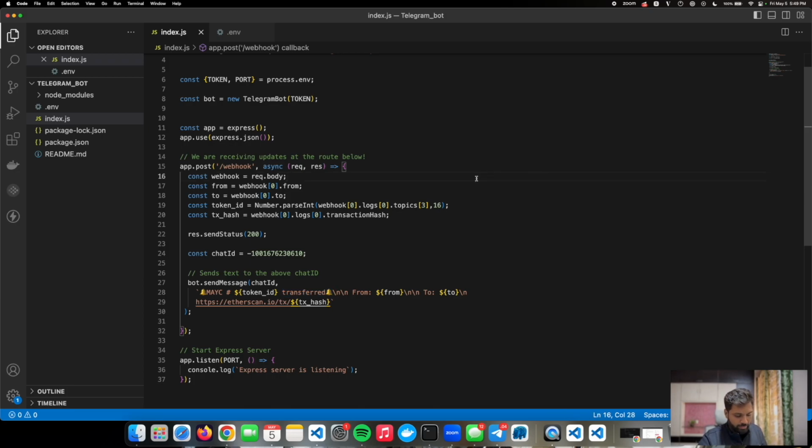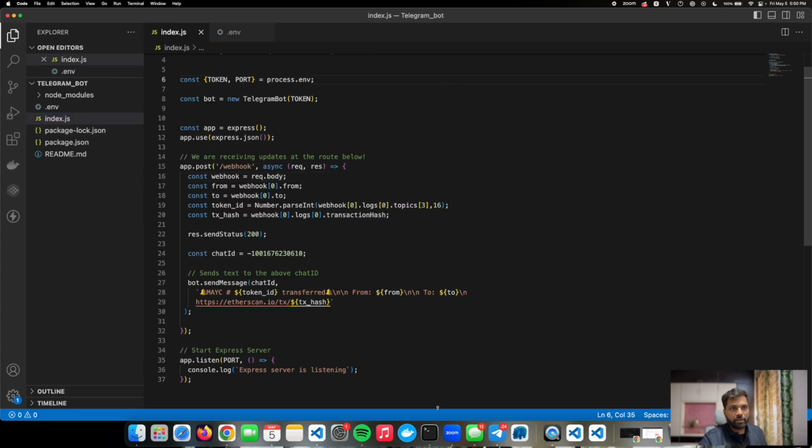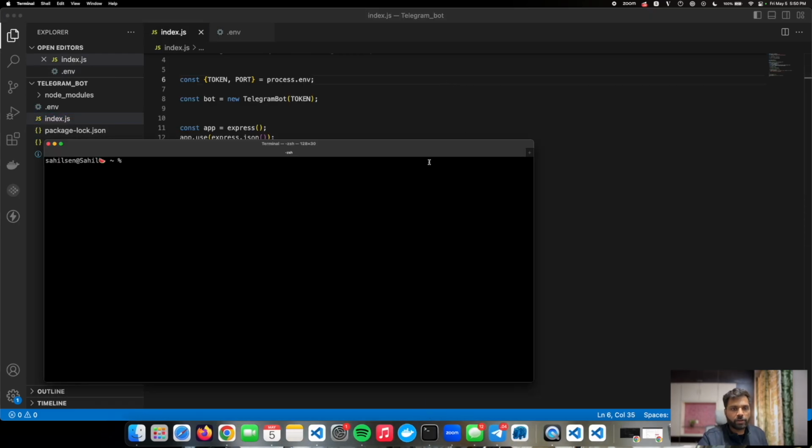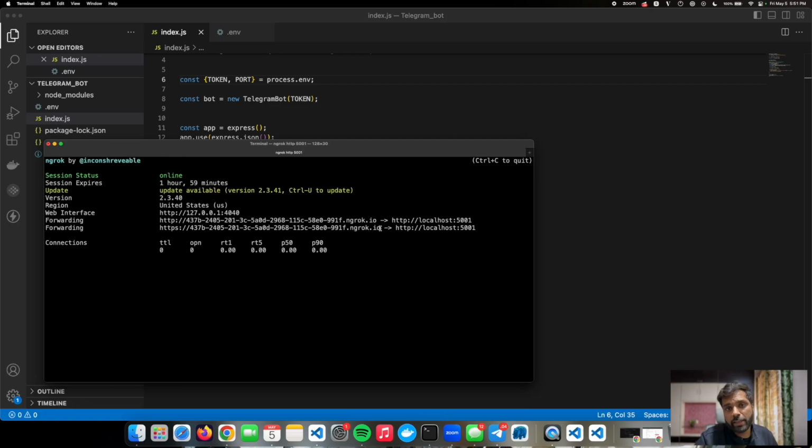So everything over here looks fine. Save it, save the environment file. Now open a terminal and do ngrok http 5001. This will create a new webhook, and we will use this webhook URL in our QuickAlerts. So whenever a new Mutant Ape Yacht Club NFT is transferred, our QuickAlert will send a notification with block information